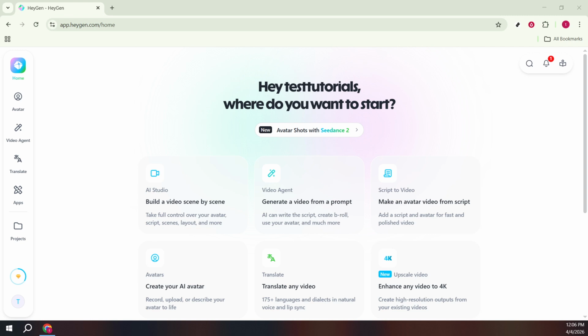First, open HeyGen in your browser and head to the home page. Give the site a second to load so all the tools on the dashboard are ready. A stable internet connection helps here, since you'll be generating video in the cloud and you don't want anything timing